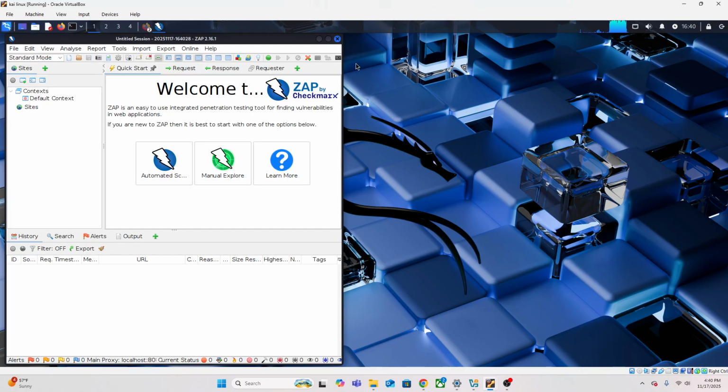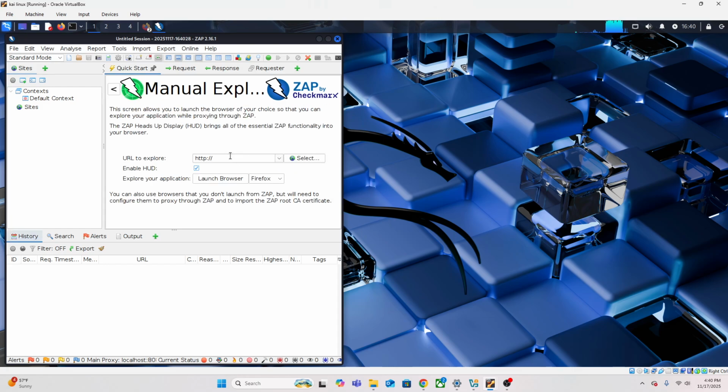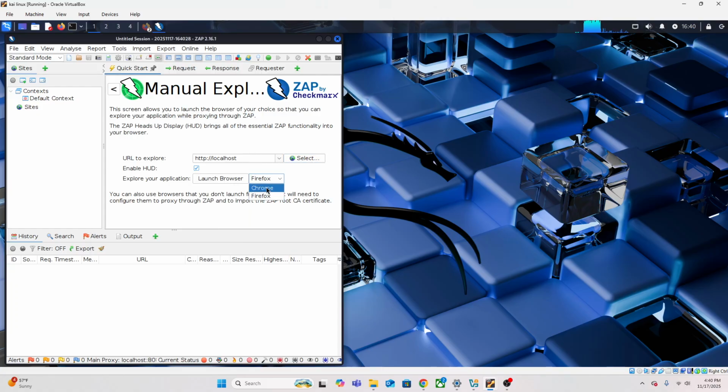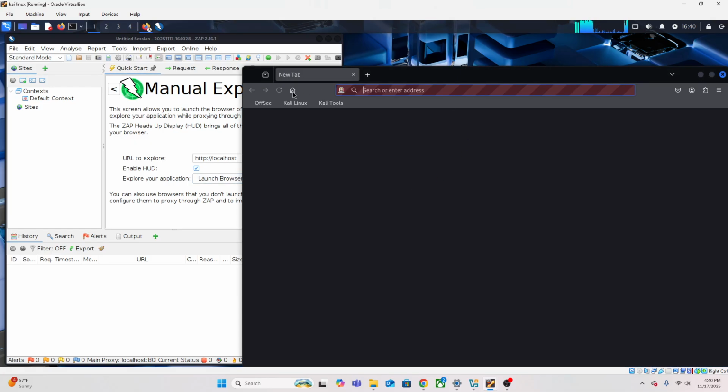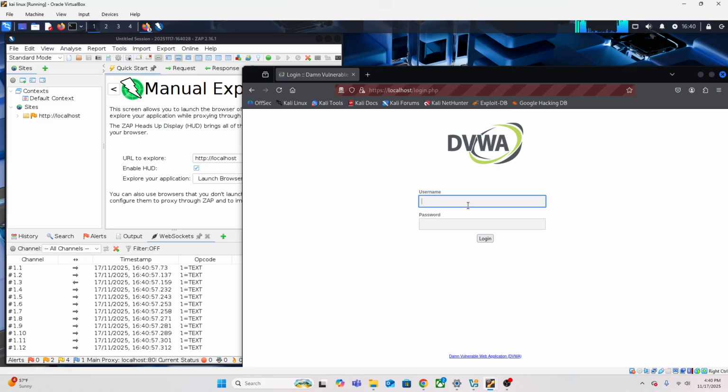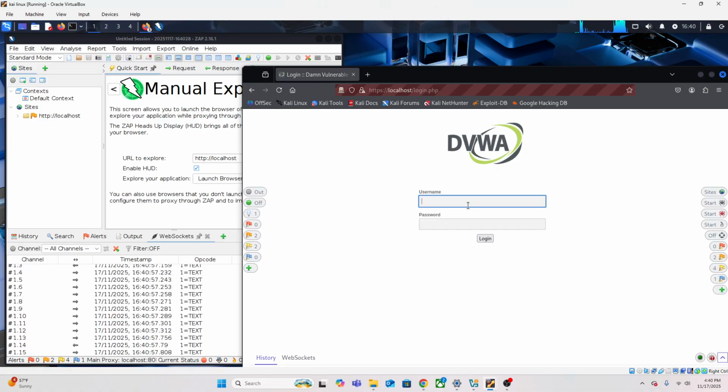Okay. Now, right from here, you need to manual explore, set it to localhost, since, well, the other VM is also on the same computer. Make sure it's on sites. You select your browser, Chrome or Firefox. I like Firefox. And then launch browser. Then this should automatically take you to your controlled environment, which is DVWA, by the way. To log in, you just put in your username and your super secret password